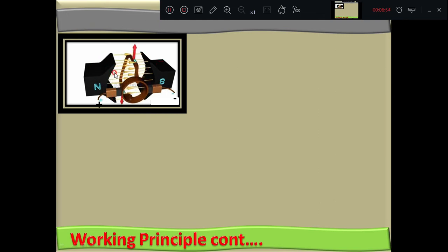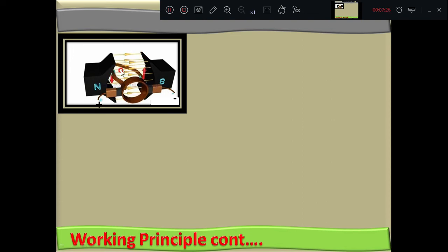Because of the flow of current, the current is flowing in the armature conductor. A current carrying conductor is placed under a magnetic field. Because of that, a force is exerted. Because of the force exerted, the rotor starts rotating. Therefore, we get the conversion of electrical energy into rotating mechanical energy from the motor. This is how there is a conversion of the electrical energy into rotating mechanical energy.